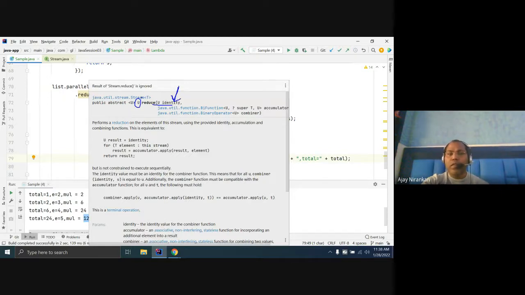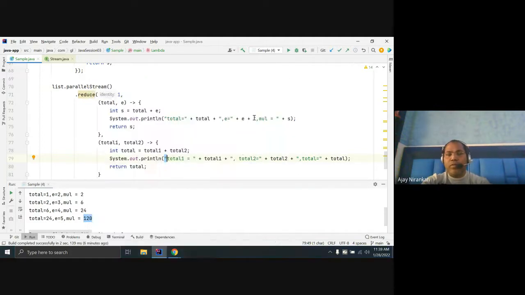If it is Integer, this will return Integer; anything can be returned. The second parameter is the accumulator, which is a binary function. And the third parameter is a combiner, which combines the partial result of each thread. So this is known as the accumulator, and this is known as a combiner.